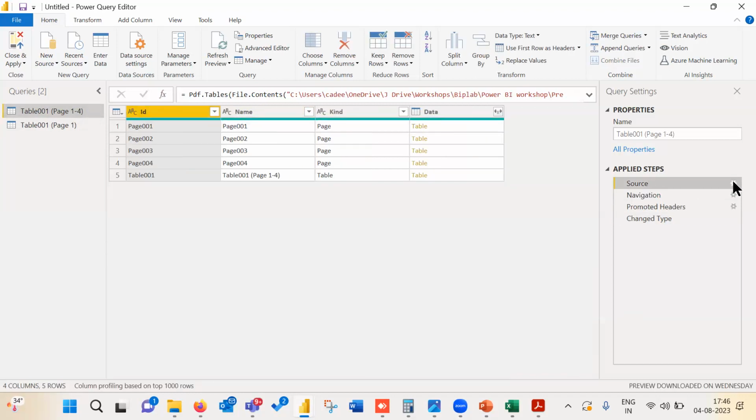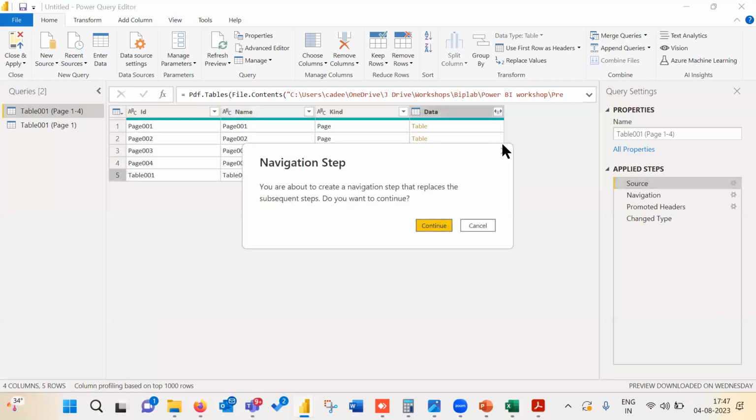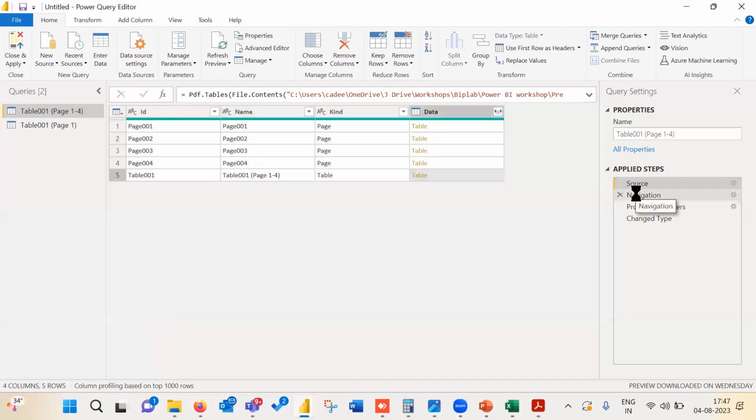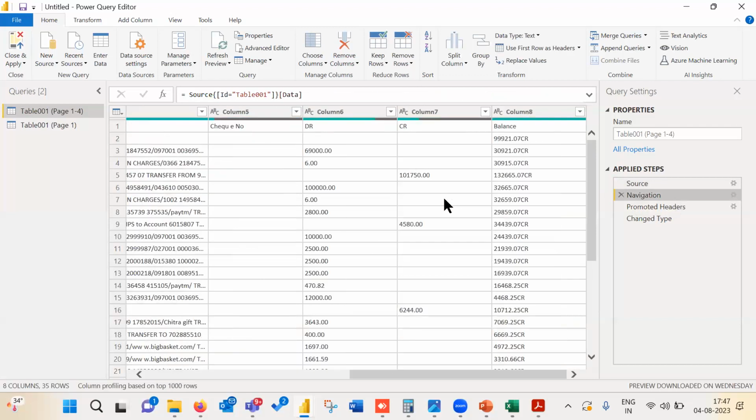So every time some data from the source link is updated, our file also will get updated. So if you see the source here, there are 5 components: page 1, page 2, page 3, page 4, and a table which contained all 4 pages. We selected this, and it combined and gives us this data.